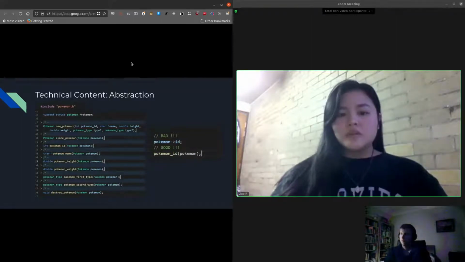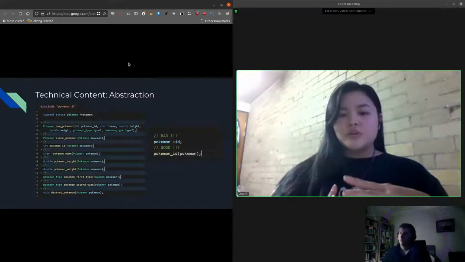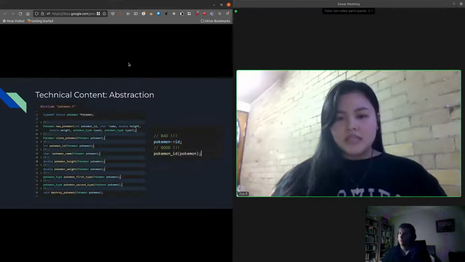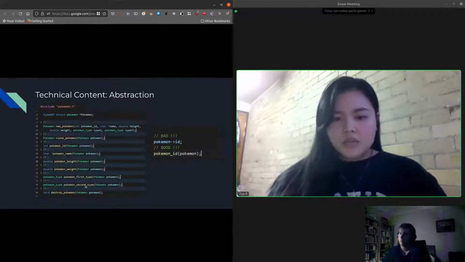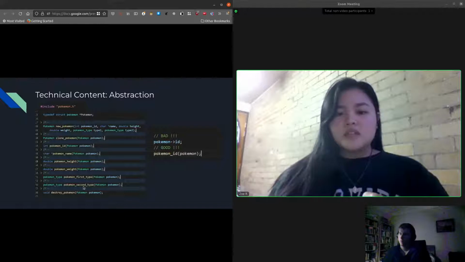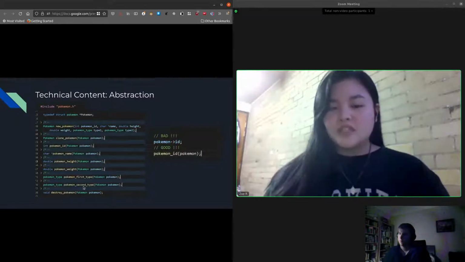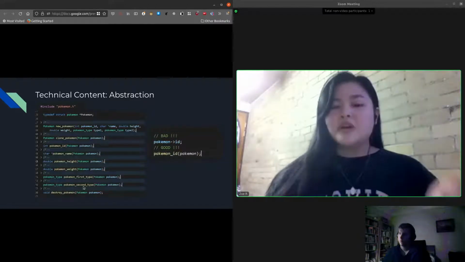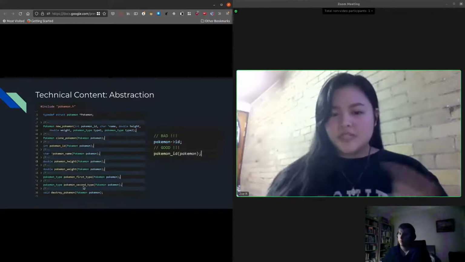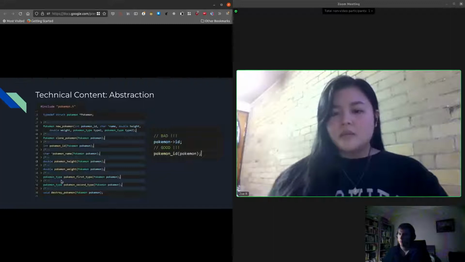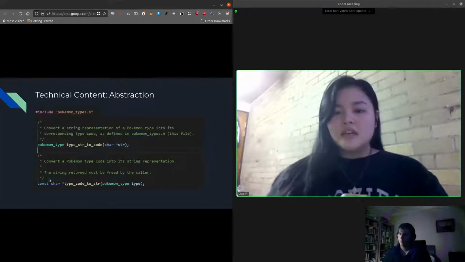The other thing that I did want to go over: if you notice the second last and third last functions in this list, there's Pokemon first type and Pokemon second type. I hope this isn't a mouthful, but note that the return type of these two functions is Pokemon underscore type. So that's whatever's in green. If we move on to the next slide,